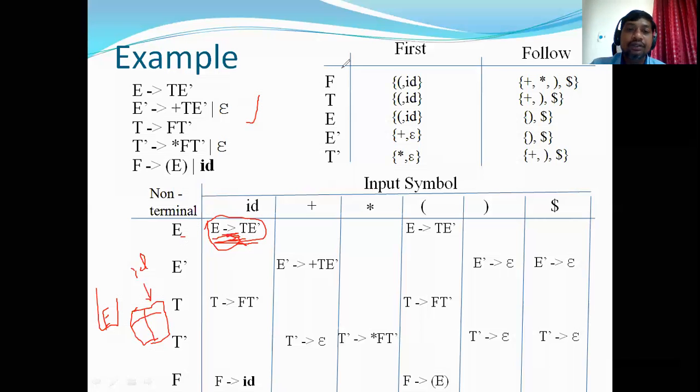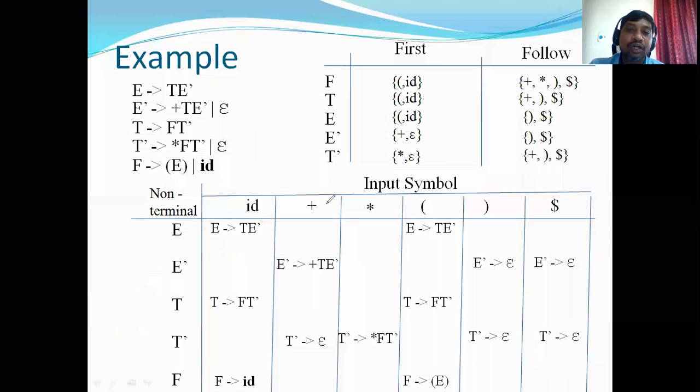Let me take a small example so that it will be more clear to you. Let me take ID plus ID followed by dollar. This is our input.